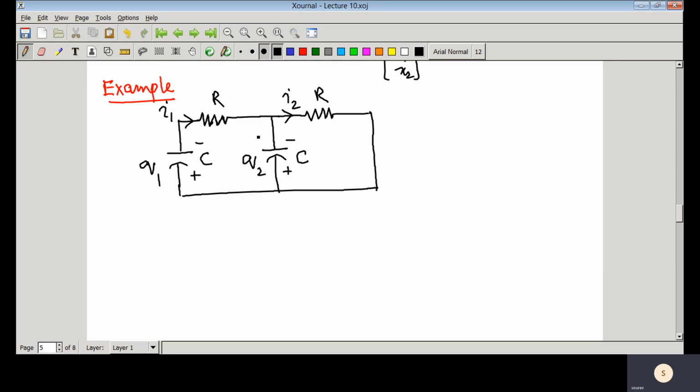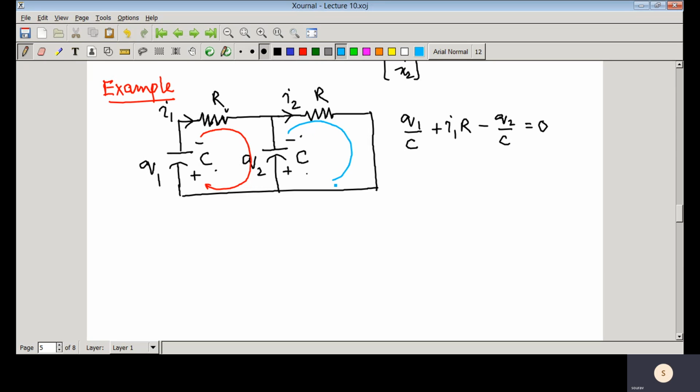You can see for the first loop, for this particular loop, I'm writing that KVL, that is Q1 by C, then current is flowing along the direction, that is plus I1 R, and then here if you traverse along this direction, minus q2 by C equal to 0. So this is that first